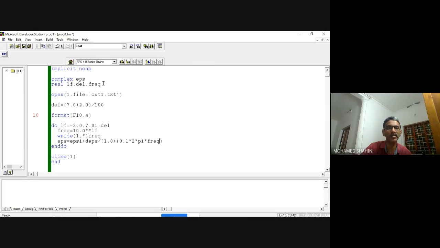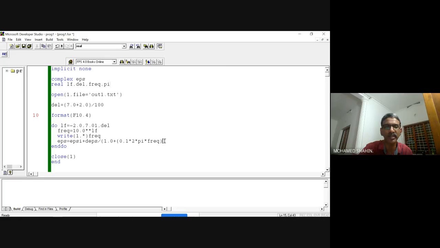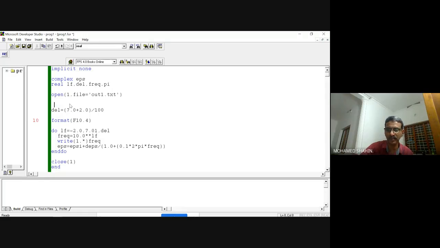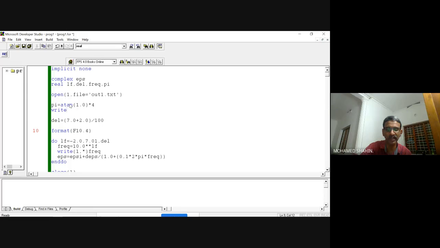So I have to define pi. Okay, one bracket is missing, I know that. Okay, thank you. Pi I have to define. Pi is a different way we have seen that. Pi is equal to a tan 1.0 into 4. To get an idea for others, I just put star comma star pi. So whatever we missed to